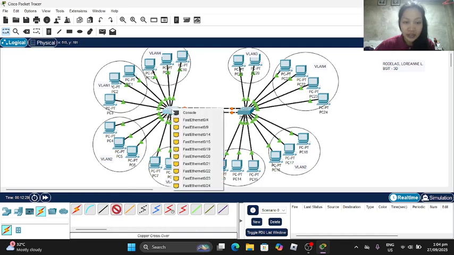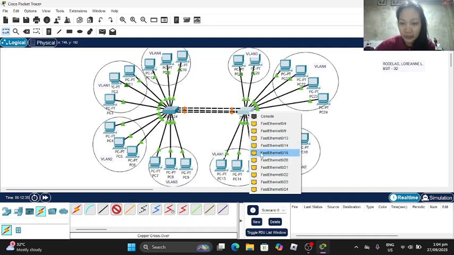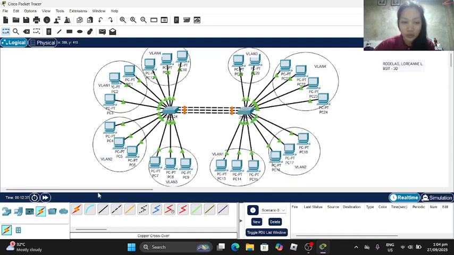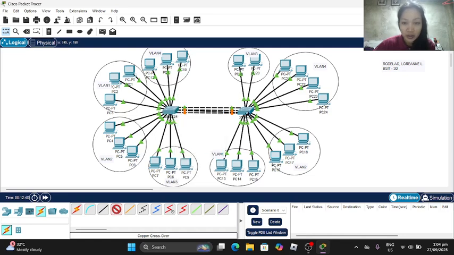And for VLAN 3, we will be using Fast Ethernet 15 on switch 1 to Fast Ethernet 15 on switch 2. And lastly, for the VLAN 4, we will be connected to Fast Ethernet 20 on switch 1 and Fast Ethernet 20 on switch 2.